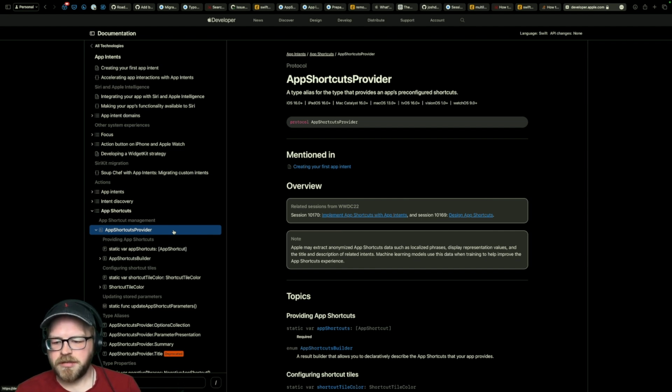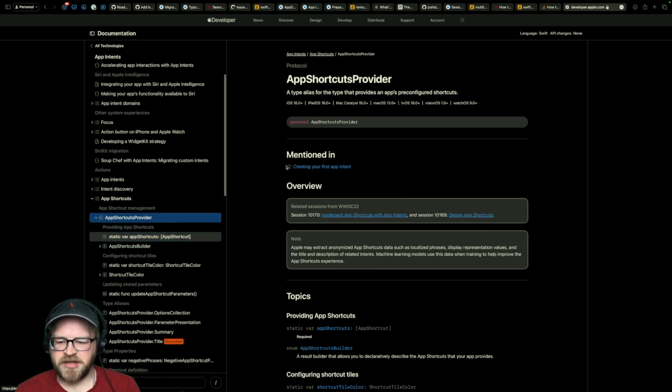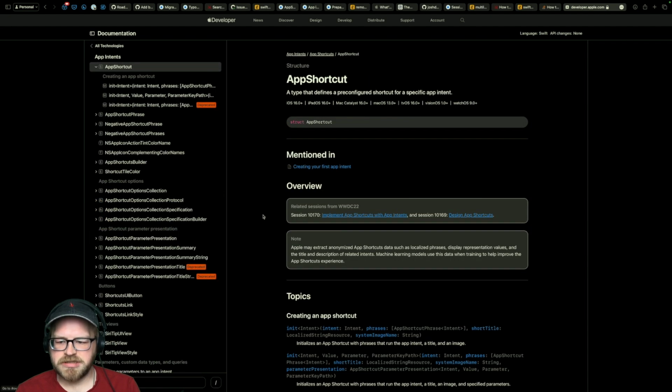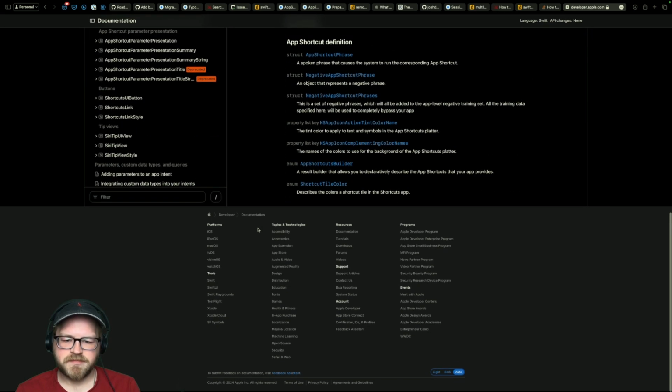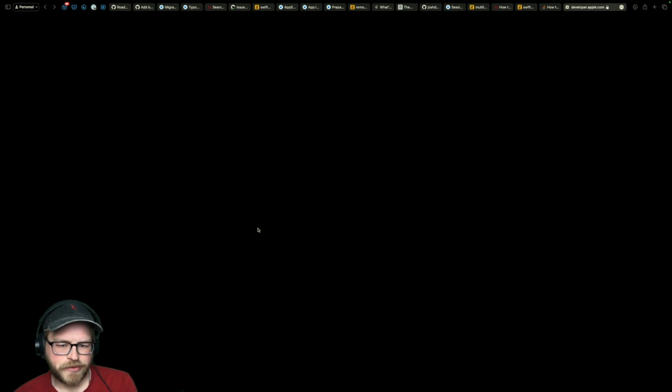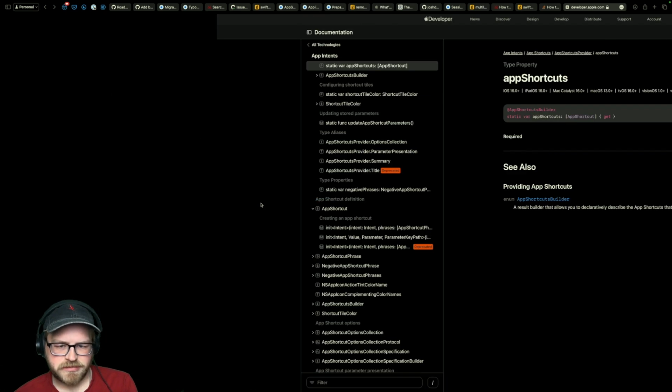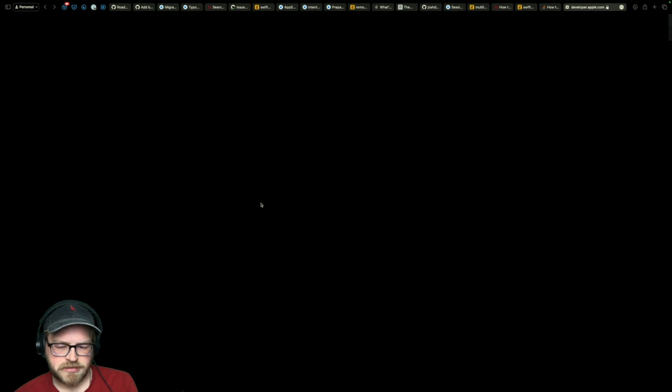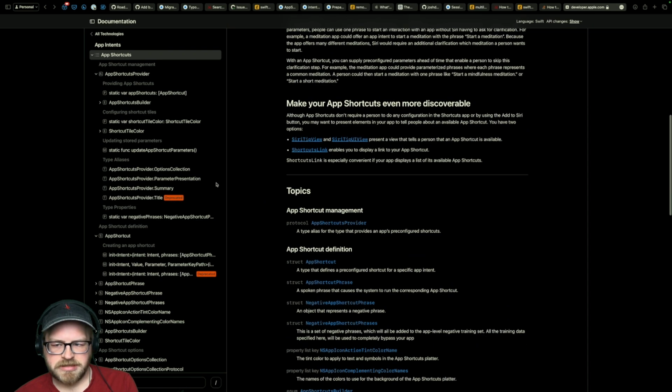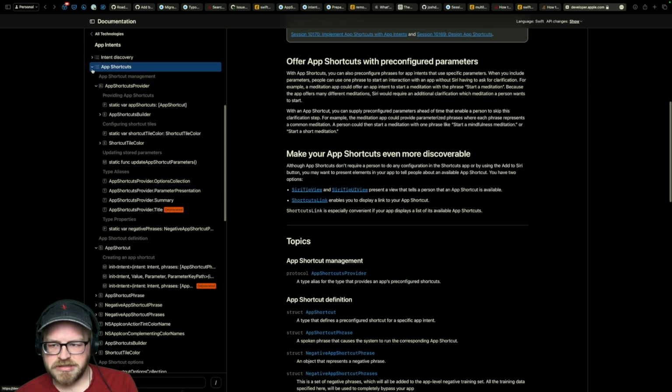Okay. So in this, we would say you need an app shortcuts provider. App shortcut is a type that defines a pre-configured shortcut for a specific app intent. Do you have like sample code I can steal, please? This is API collection, but really what I want is sample code.